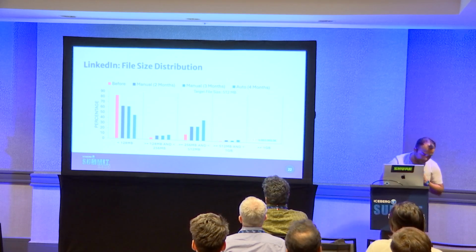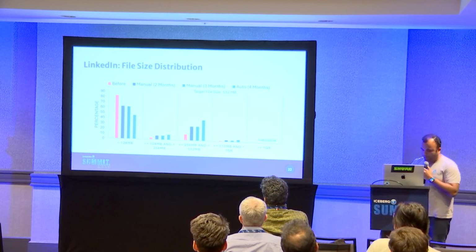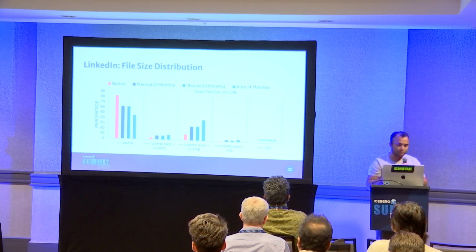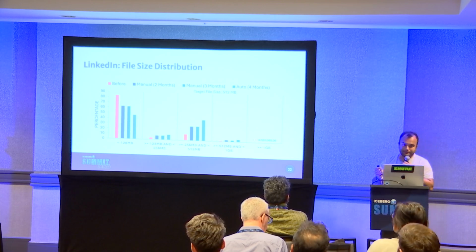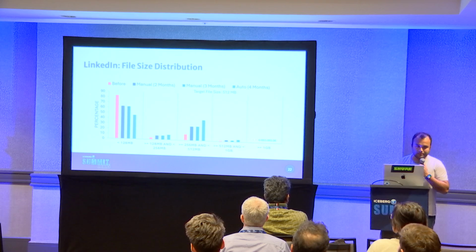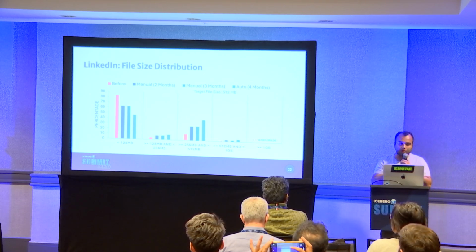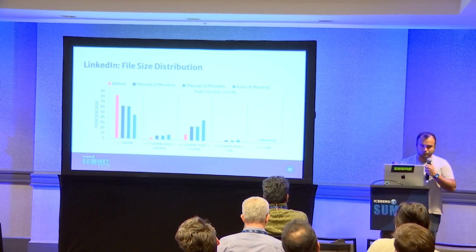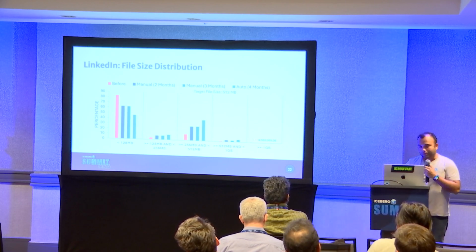So we started looking at the data, and the way we visualized it was we said, okay, let's plot a file size distribution histogram. On the x-axis, you will see the buckets are different file sizes, and on the y-axis, you will see how much percentage of files fall into those buckets. The orange bar is before we had any kind of compaction. As you can see, the file size distribution is heavily skewed towards small files, which are smaller than 128